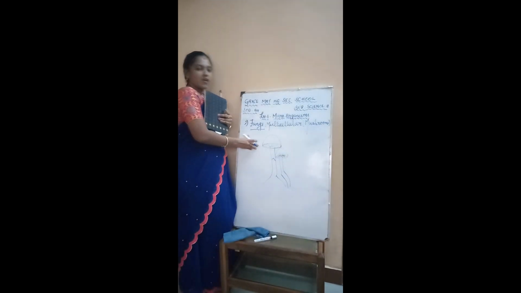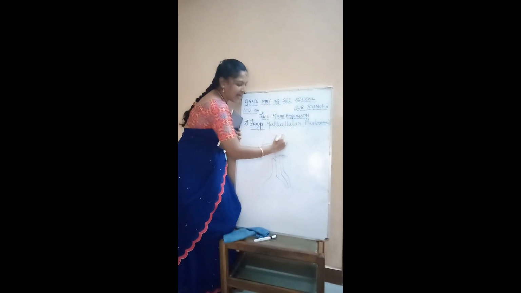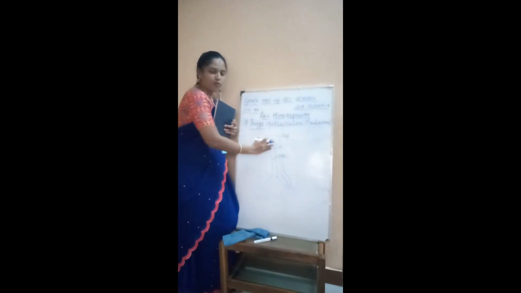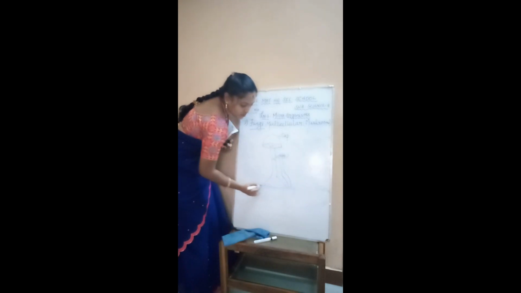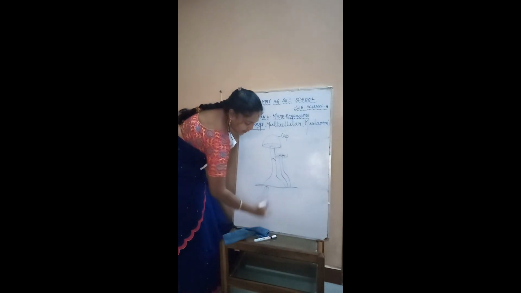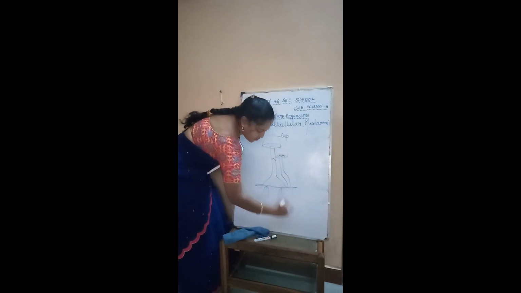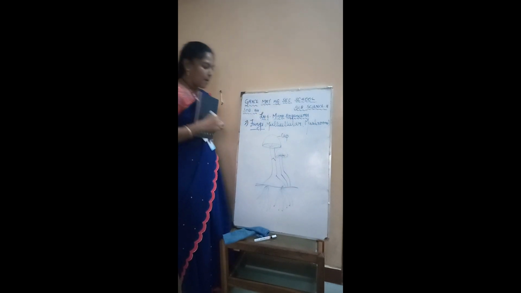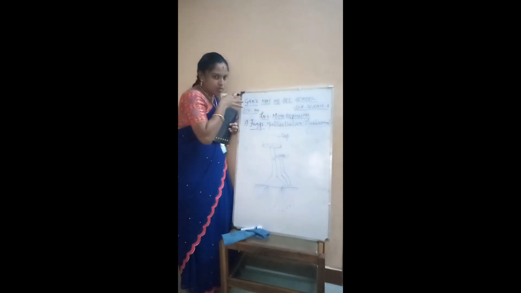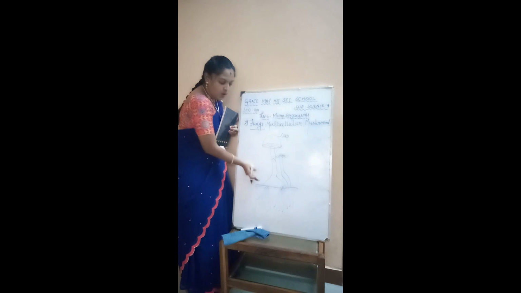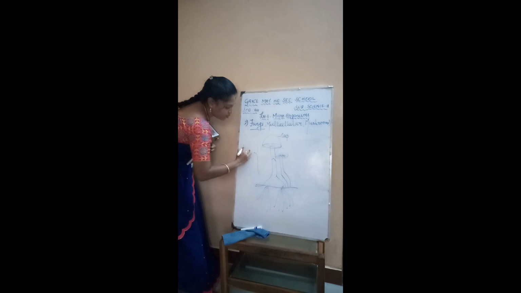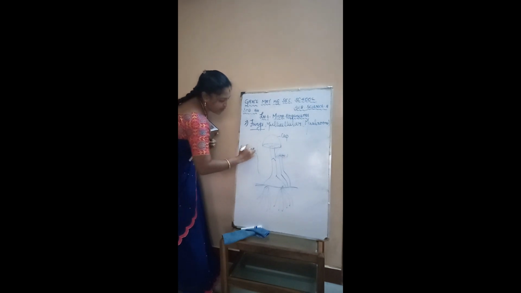Okay, so this upper part is called the cap of the mushroom. This is called the cap of the mushroom. So this is underground. The mushroom has some thread-like, root-like structures called mycelium. What is this called? Mycelium. So the fruiting body is the part which is seen above the ground, above the soil. What is this called? Fruiting body.